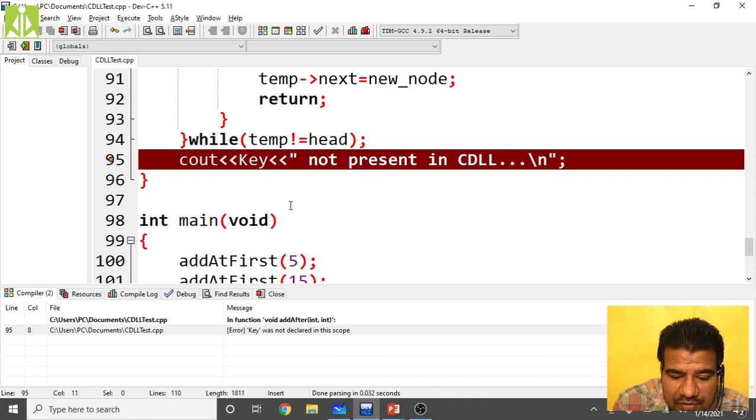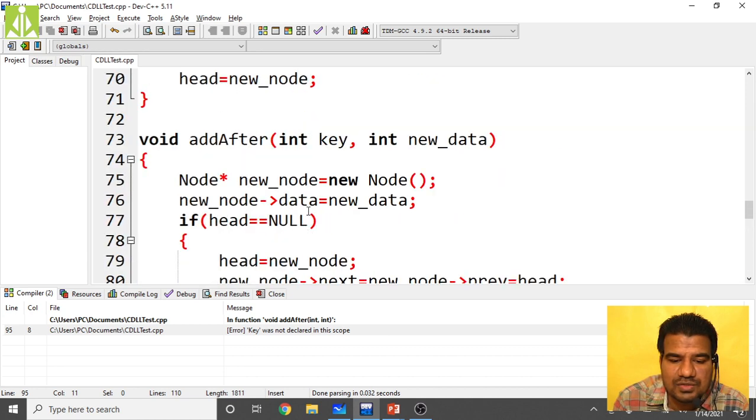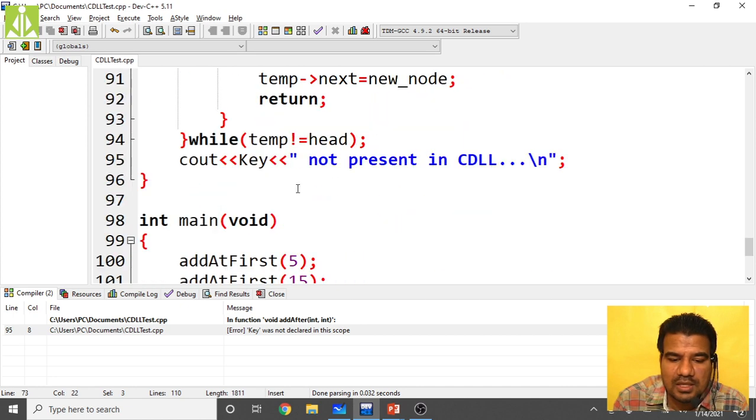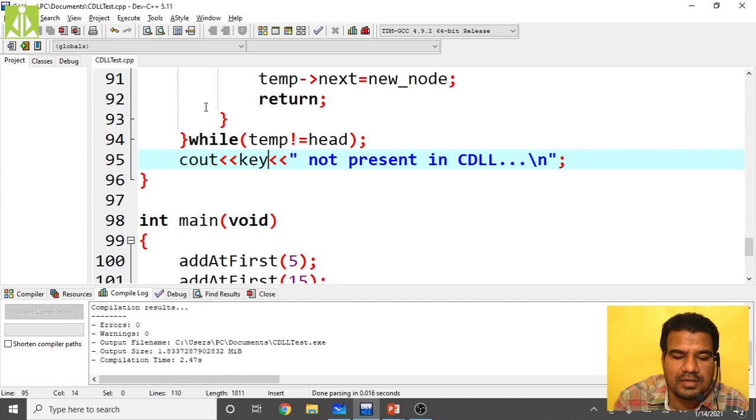What it is saying, key is not defined in this scope. Why it is not defined in this scope? Here it is now. Key, control C, key, maybe it got capital over there. No issues, I made it small. Compile. Yeah, executed successful. Only K I have written capital over there. Run.